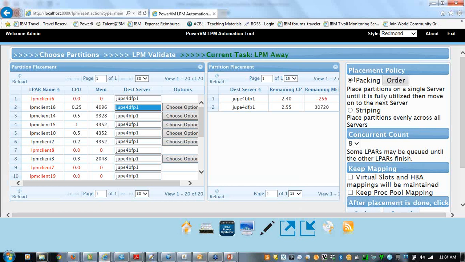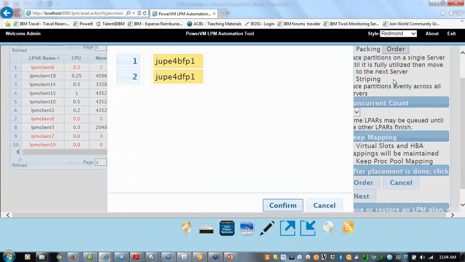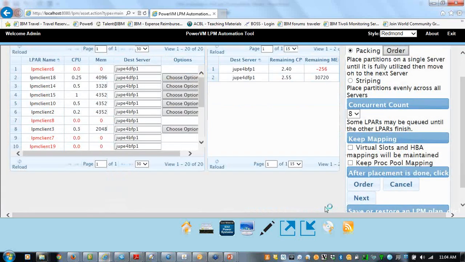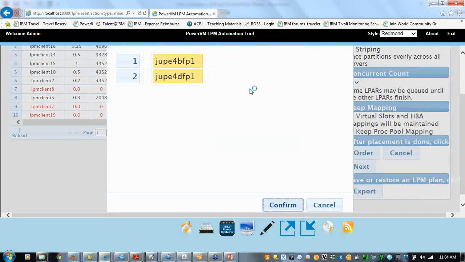Okay, so let's still continue to talk about packing. Right now, the tool is packing Jupiter 4 Bravo first and then 4 Delta second. I'll cancel out right now. So you see that 4 Bravo's got 2.4 and some negative numbers in it. Well, I'm going to change the order of packing, and so it's going to actually redo the placement. I'm going to click and drag this to the top.